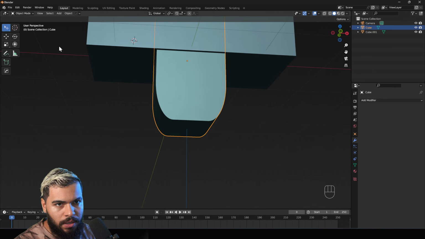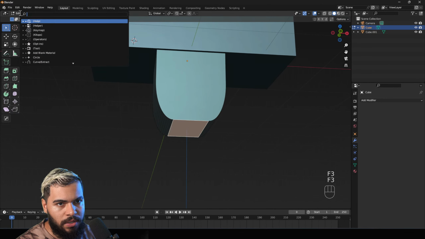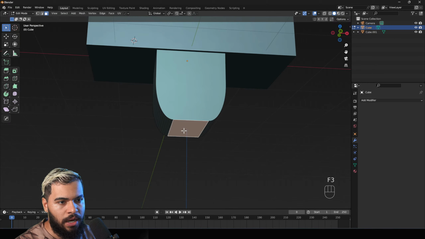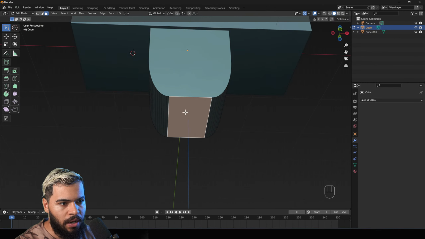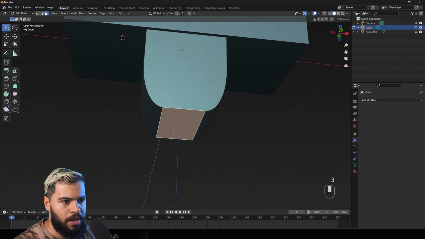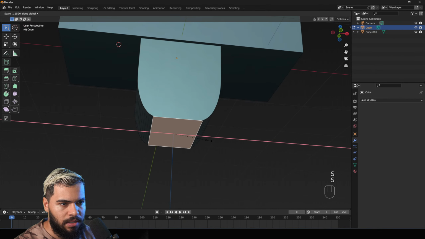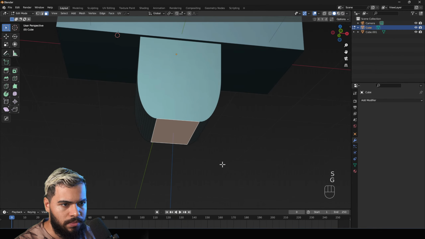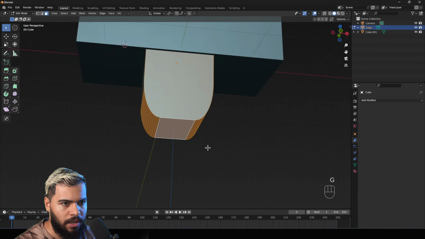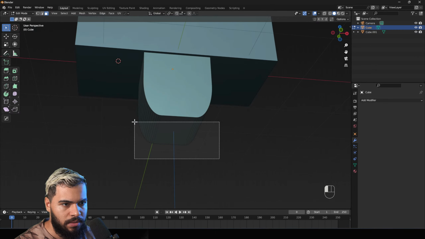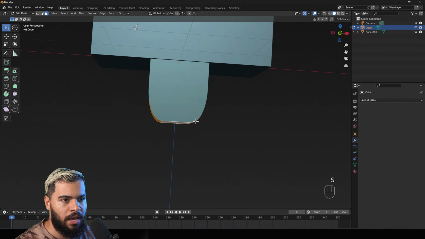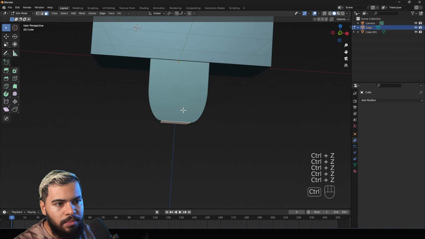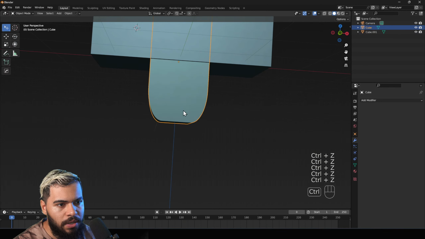Good. In edit mode, as you can see on top, I can now go to 3 and press S. Hold on, I need to select this more. Yeah, something like this. Let me go back to this option, I think it's going to be better.